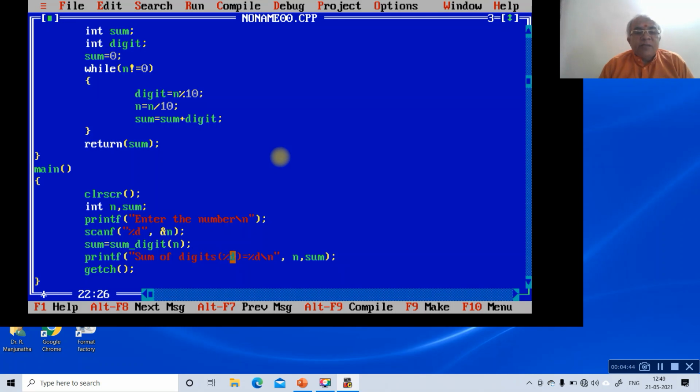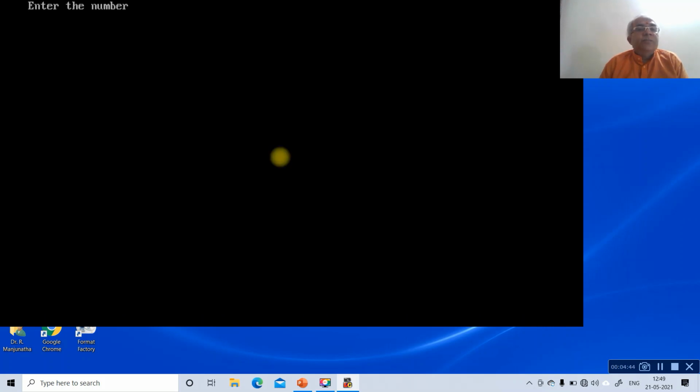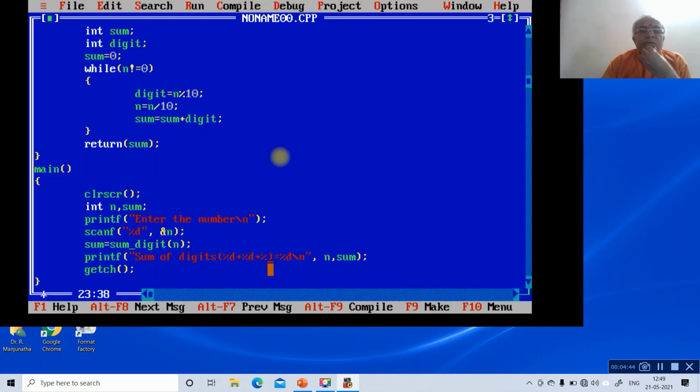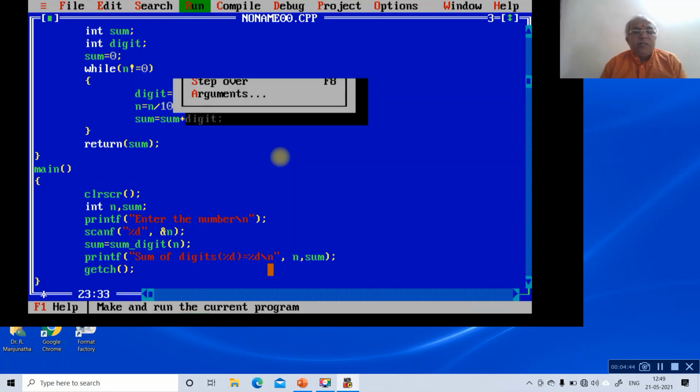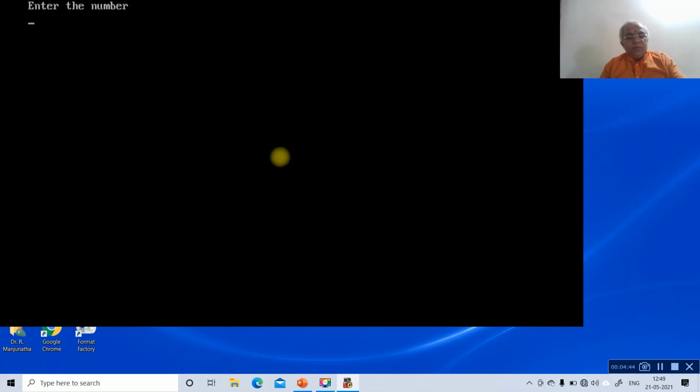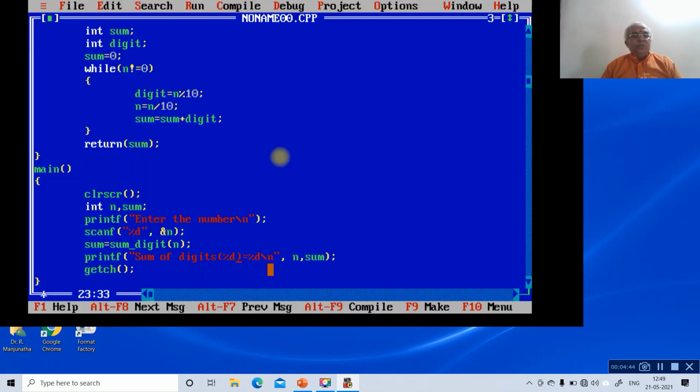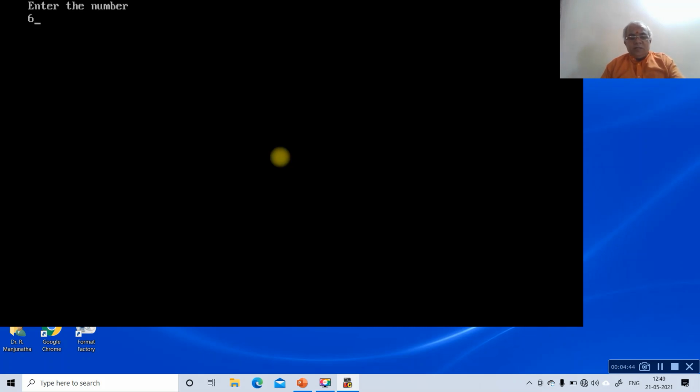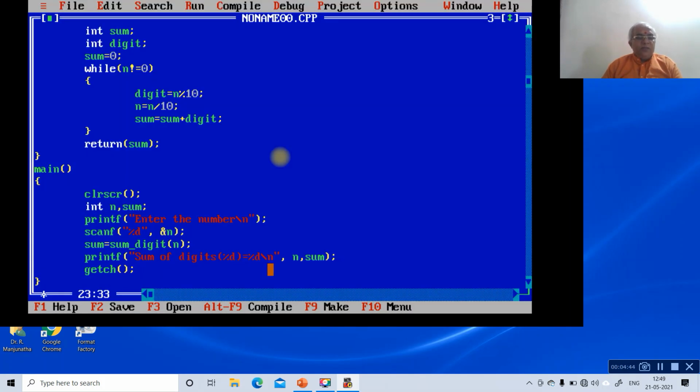Suppose if I want to have %d plus %d, is it possible? We will check, it is one more way. We will just try to execute this. If I type 567, then 567 plus 18, so it's not a correct one. It will not give you the exact value. So you have this %d, and then enter the number. You take 1, 2, 3, it should be 6. If you want 6, 7, 8, 9, the sum of digits will be 13, 21 plus 30. So this is how this program works in C.